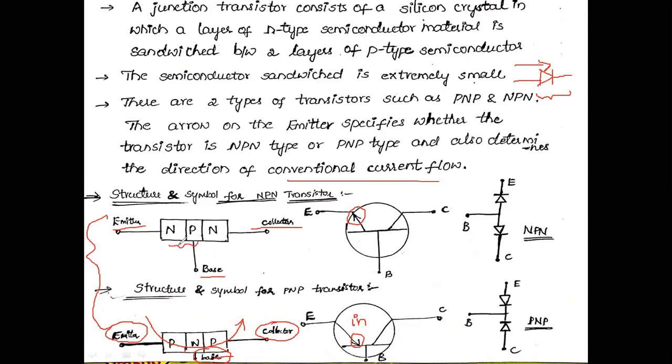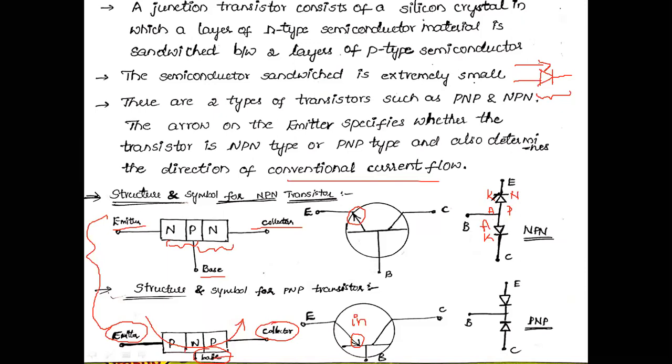This is one diode, and this is another diode. Like that, I am going to give the notation with respect to the two diodes here. Let it be, this is N type, this is N type, and this is P type. This is anode, this is cathode, this is again anode, this is cathode.